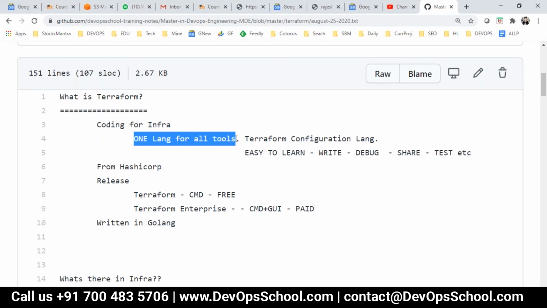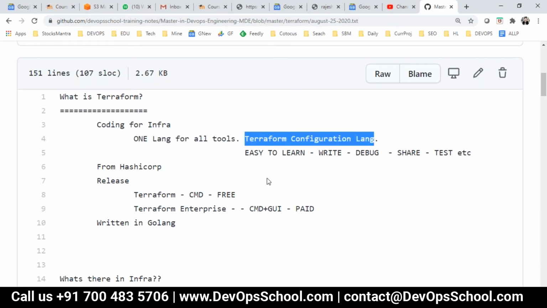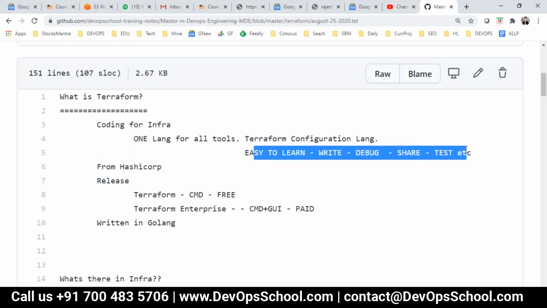And that is where Terraform is coming. Using Terraform, you can write one language for automating the flow of all the tools in your infrastructure, and that language we call the Terraform configuration language, which is very easy to learn, write, debug, share, test, and things like that.